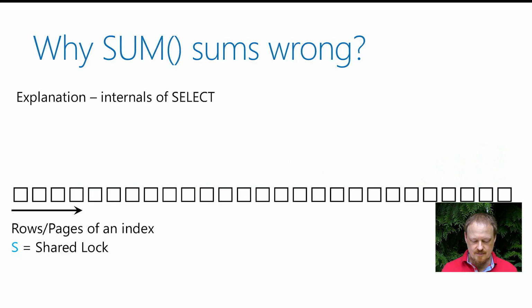That means while you are doing your sum and putting shared locks that supposedly should give you consistency, I move the row from the end to the beginning, and then your select skipped it completely. So you're reading the rows from this side, and I'm moving your row to the other side. So you won't see that row at all.